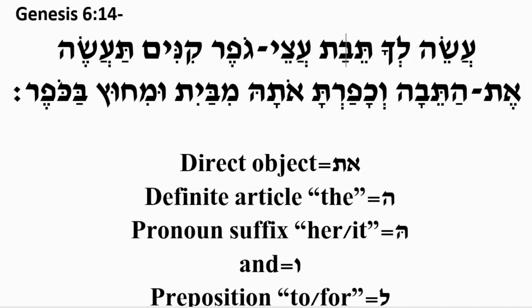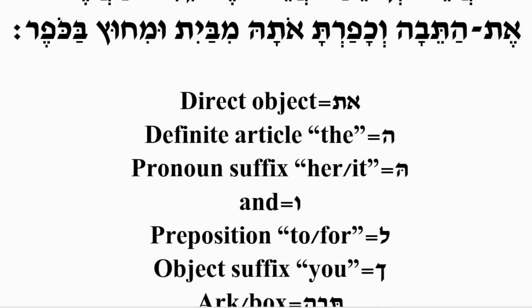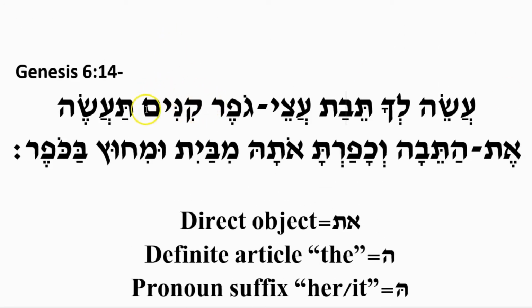Okay. What else is going on over here? Kinim is not a word that you need to focus on, but it really means compartmentalized, with compartments. Kinim, like rooms. Kinim, or stalls, you could say. Kinim ta'aseh et hateva. With rooms, or with stalls, or compartmentalized, ta'aseh et hateva. Ta'aseh means you shall make. Et hateva. You shall make the teva.